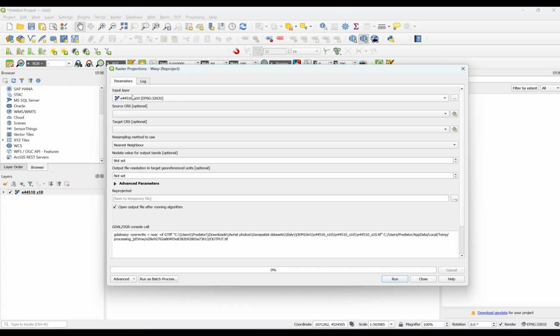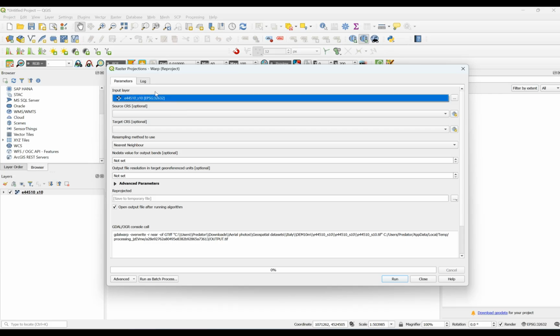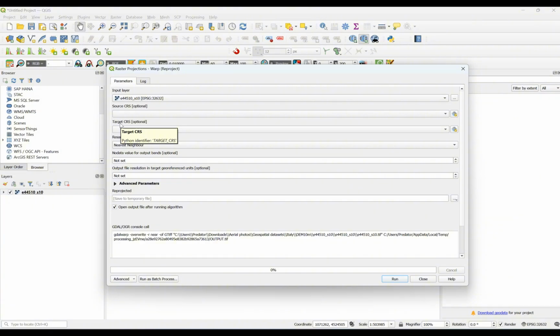As input layer, you need to define your raster data. Since I don't have any available data, this is going to be automatically done. From source CRS, the current coordinate system is going to be available for you, as you can see from here. And this is the important part, that you need to define the target coordinate system that you are interested in projecting your raster data. For this purpose, from select CRS,